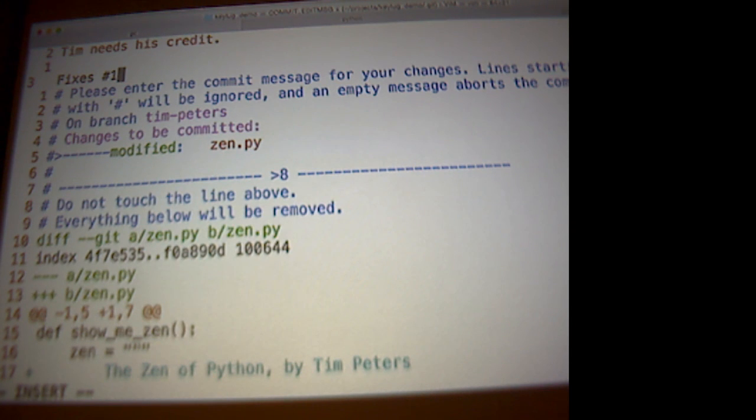you can find that on GitHub. It will tell GitHub this code is related to this other issue, and the Tim Peters issue was issue number 1. So now I'm